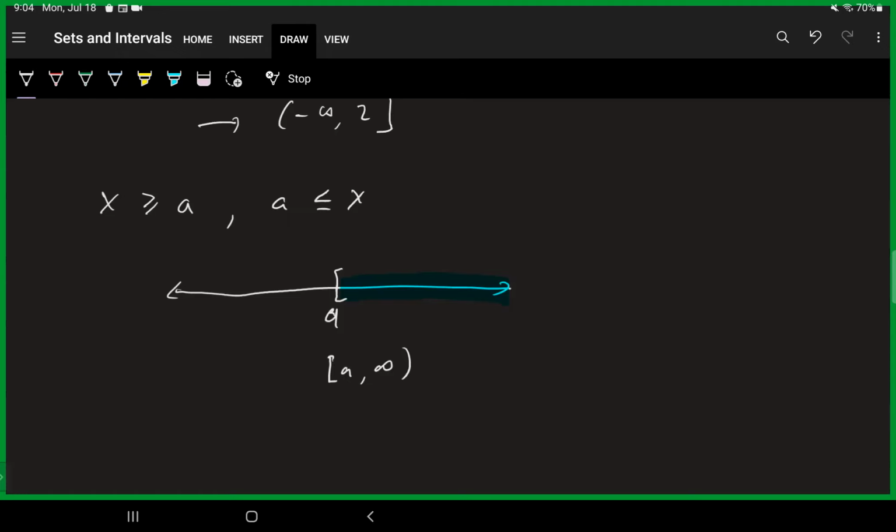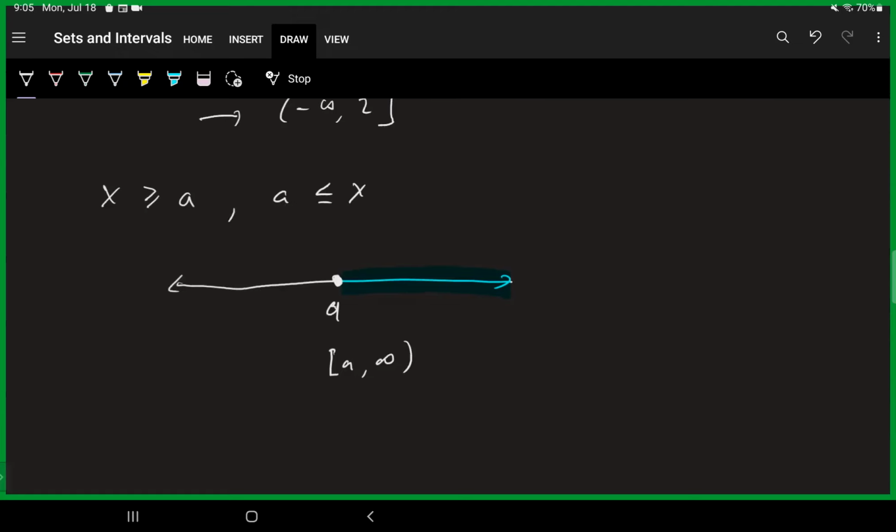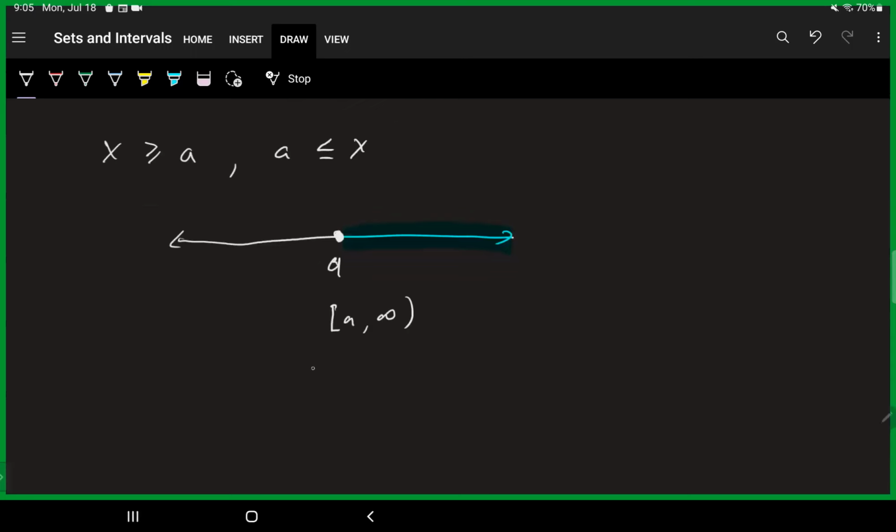So just a note, I said the open circle is non-inclusive. So that's a strict inequality. We have a similar idea, and that would be a solid dot. So you can use those two when you're hand graphing things on paper. If I want set builder notation, that would be x such that x is bigger than a, bigger or equal to. Or you can write a is less than or equal to x, whatever you prefer.